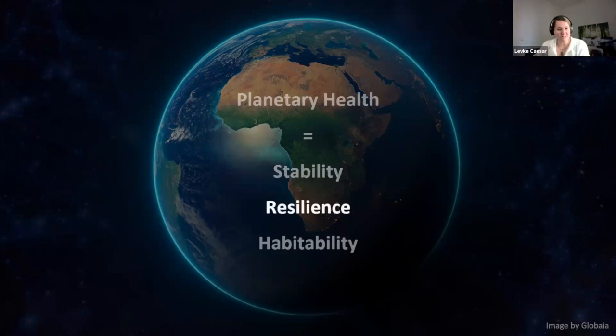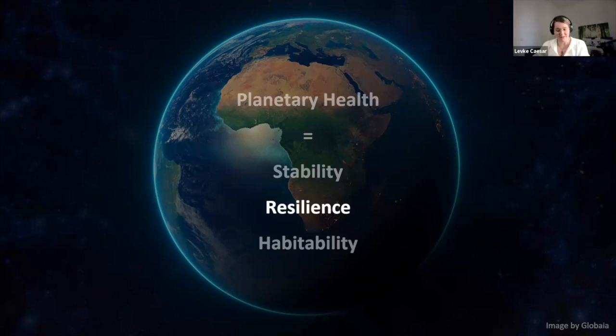When we talk about planetary resilience, we refer to the Earth's ability to withstand and recover from disturbances. For example, as a forest can recover after a wildfire. This capability of the planet becomes even more critical under human-induced pressures that we're seeing right now. For example, about 50% of the human-caused emissions of over 1 trillion metric tons of CO2 have been absorbed by the oceans and terrestrial ecosystems, therefore significantly buffering the rise in global temperatures, and this is basically what determines the resilience of our planet.